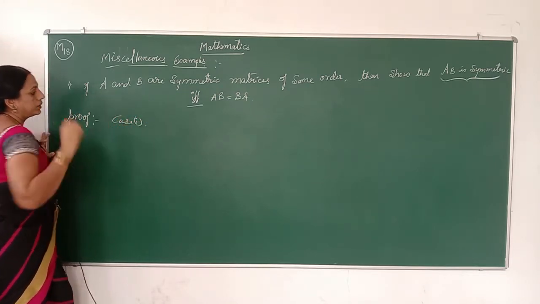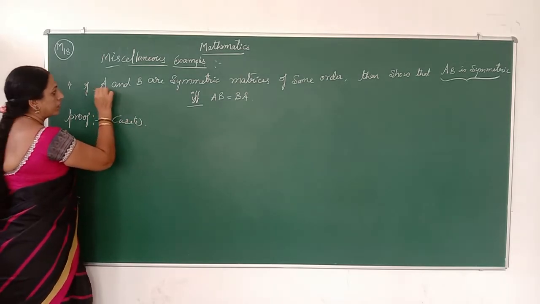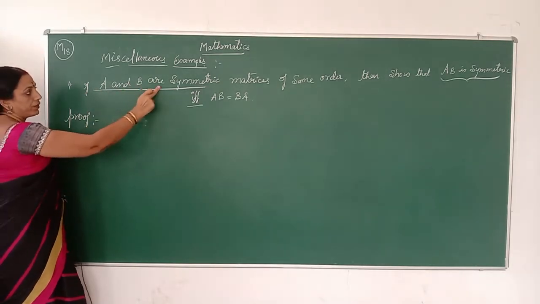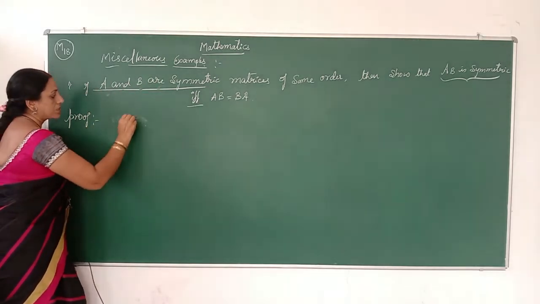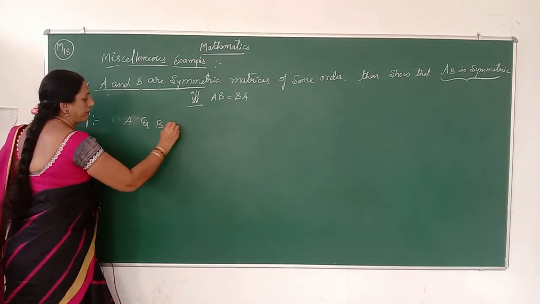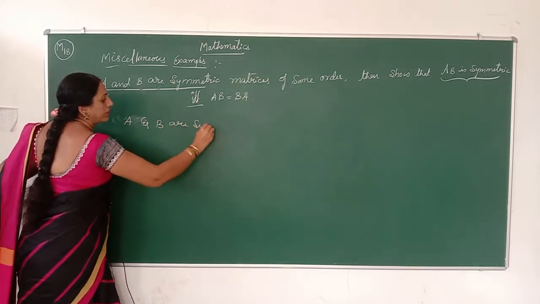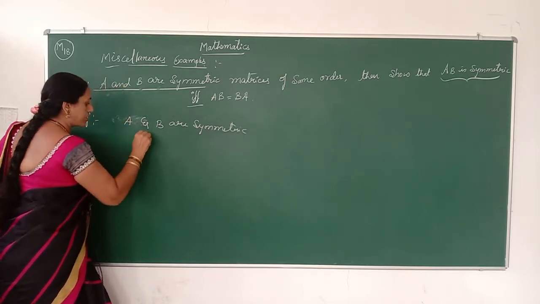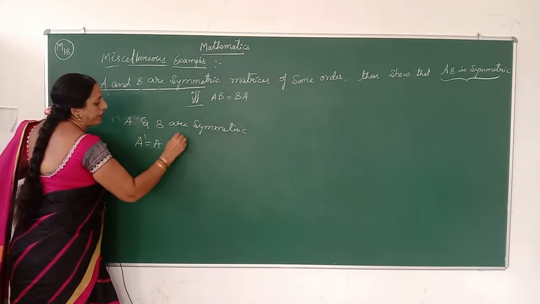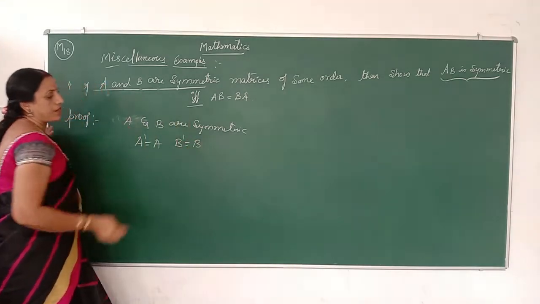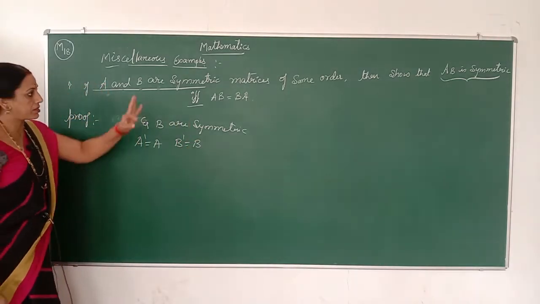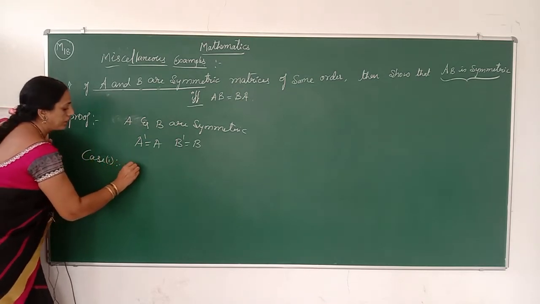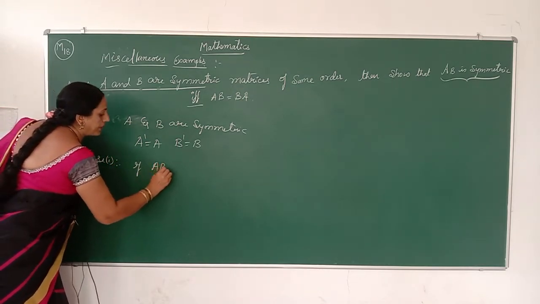Case 1. So in both of the cases, if AB is symmetric, case 1. Given condition: AB is symmetric. So A and B are symmetric. Therefore, A dash is equal to A and B dash is equal to B. These are the definition of symmetric matrices. So after that, in case 1, if AB is symmetric,